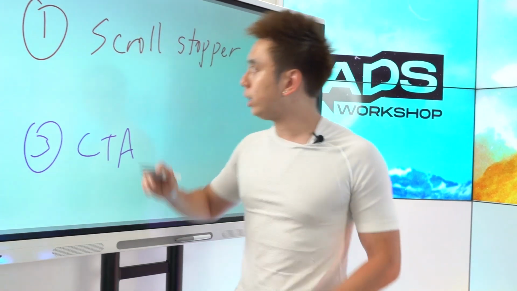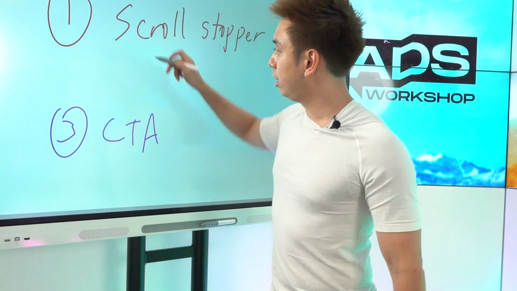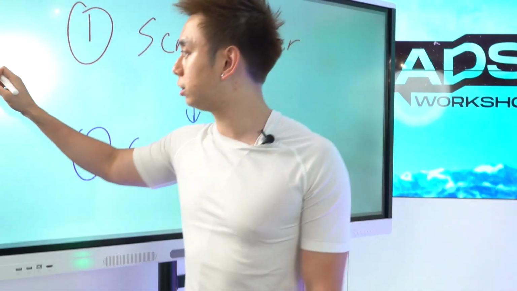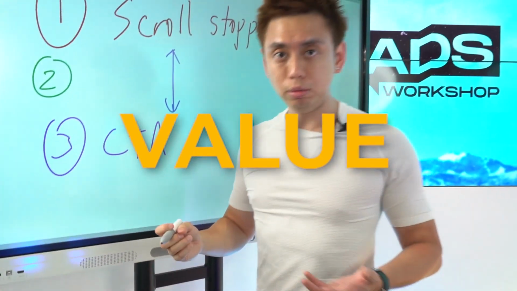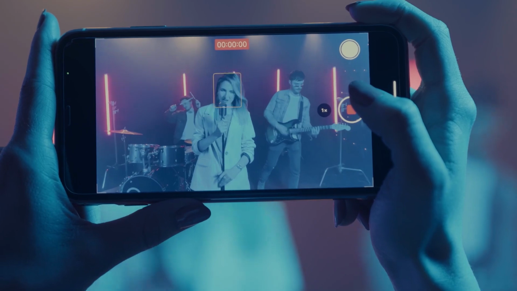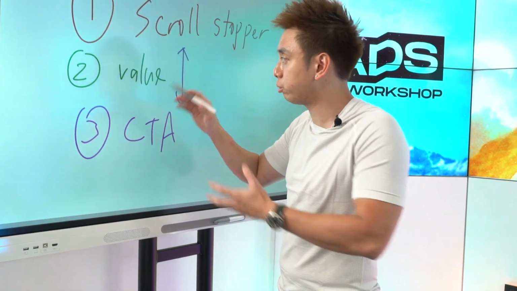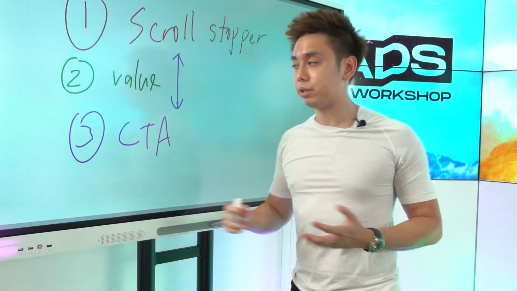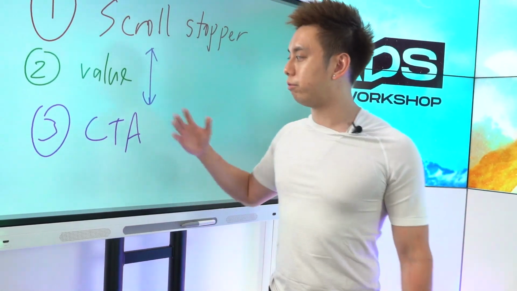So the question is, how do we interrupt somebody's feed without making it like a clickbait? Make sure that there's this bridge and this congruence. Now this is where I have to be able to add some sort of value. This could be through entertainment, education, or demonstration, in one way, shape or form, through some sort of story. So these are mainly the three moving parts whenever I think about utilizing more ads, more variations in order to